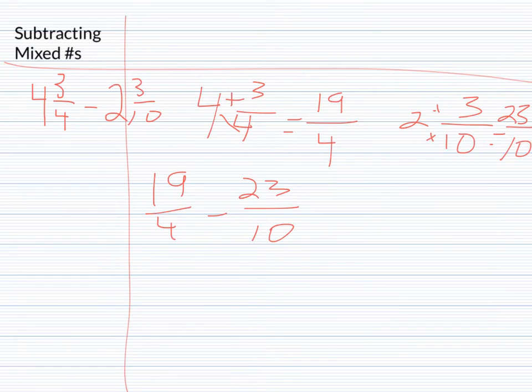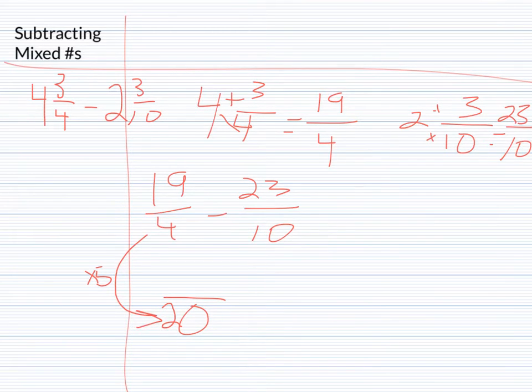Now, we need to find a multiple that 4 and 10 share. Now, mentally, I know that they share 40. I could find a smaller one, though, and that smaller number would be 20. 4 goes into 20 5 times, so now this is changed to 20. In my mind, I'm thinking, all right, how do I get from 4 to 20? Multiply by 5. And if I change the bottom of a fraction, then I have to do the same exact thing to the